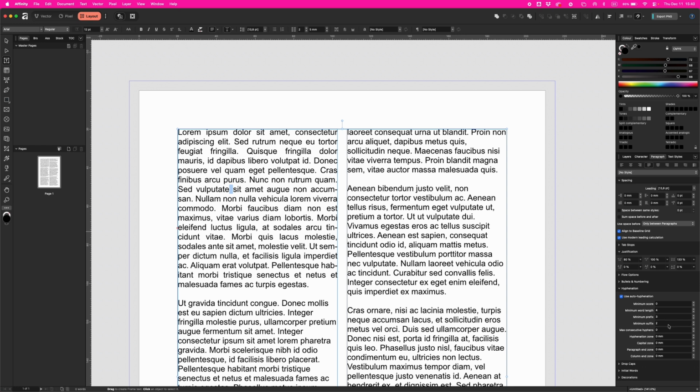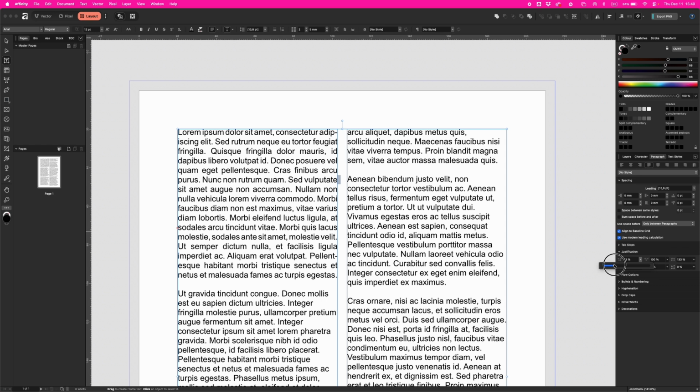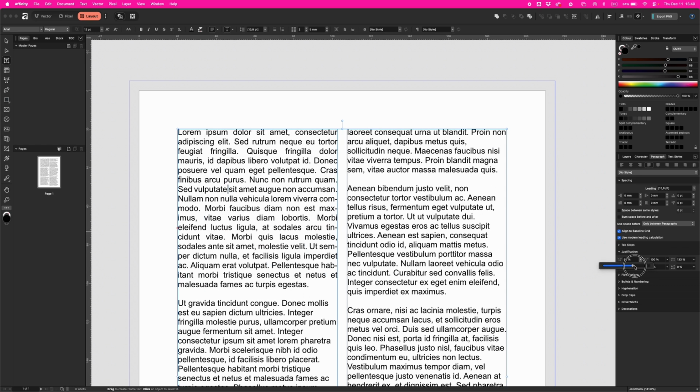If you want even better control, then the justification tab will help you. So let's close that, and here on the right side, under paragraph, justification. Here is minimum word spacing, desired word spacing, maximum word spacing, and here is minimum letter spacing, desired letter spacing, and maximum letter spacing. And changing those will get you better results. And again, like I said before, it all depends on the font. So you just have to play with it and see what looks good for your eye and what's good to